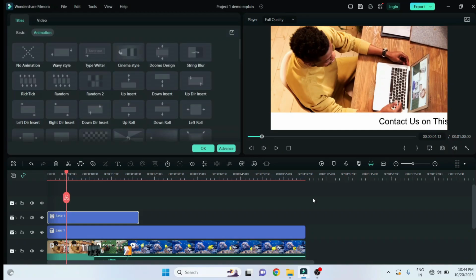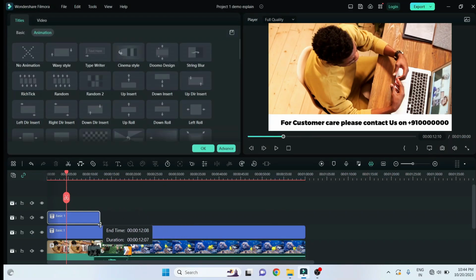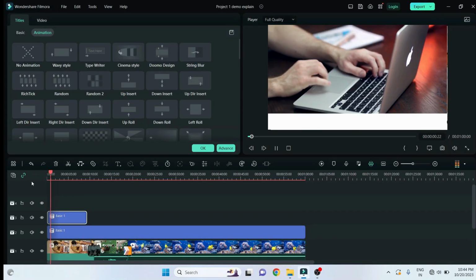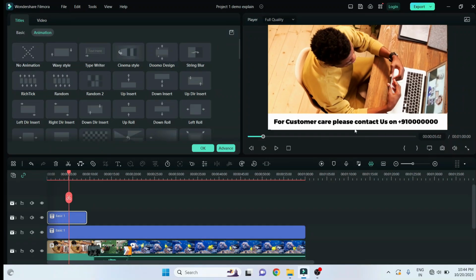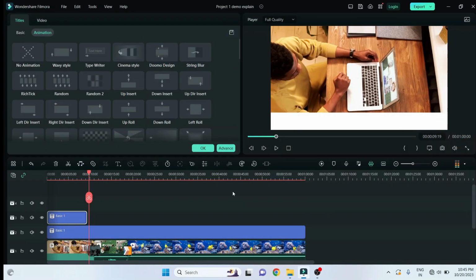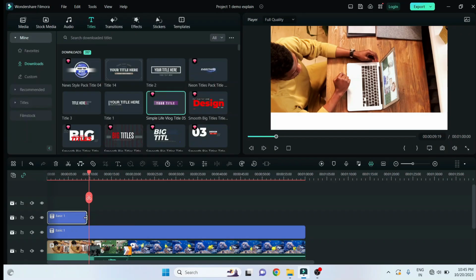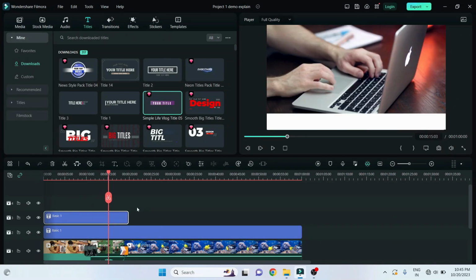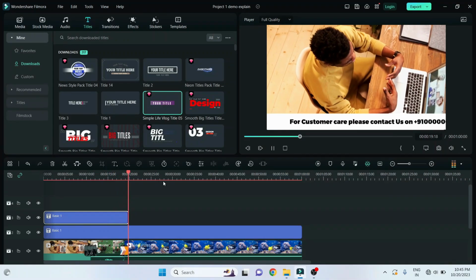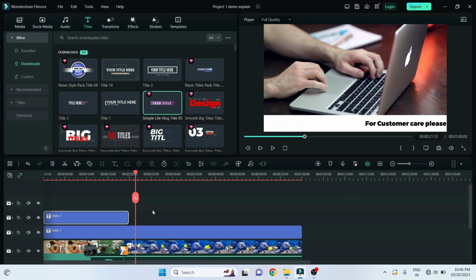Guys, here you can see the text is moving. So a little bit our speed is increased. Now if we want to increase more speed, then we want to reduce this more. So let's see. We have moved this text faster. Guys, if you want to make it slow, then you can increase the size of this like this. So here you see. So guys, now our text is gone.